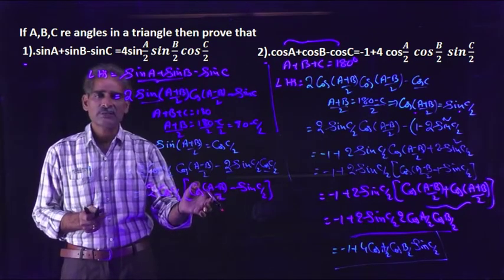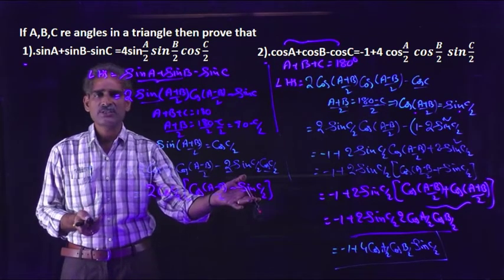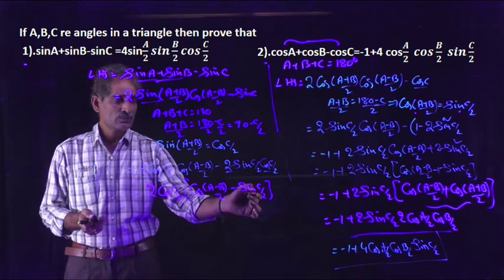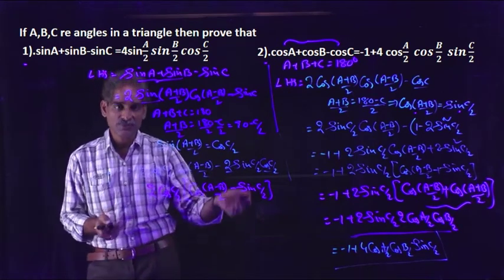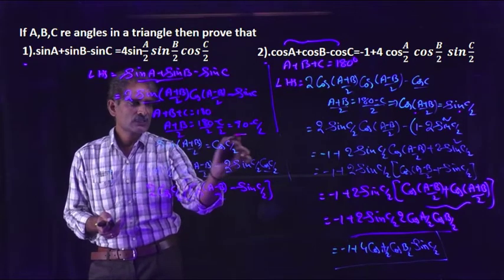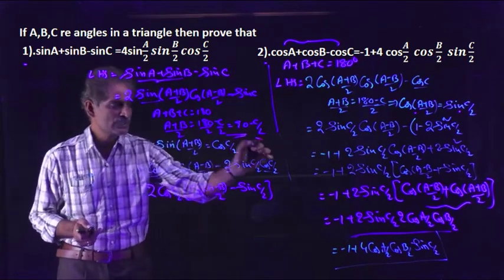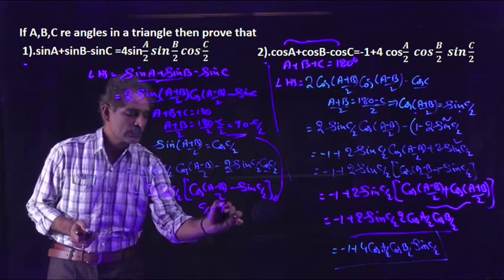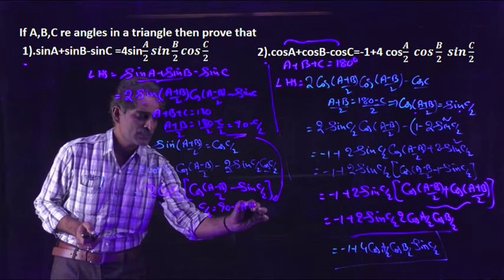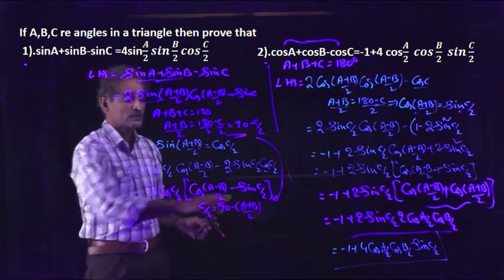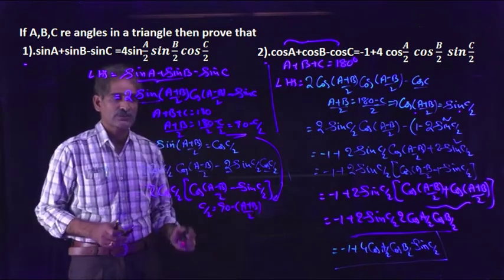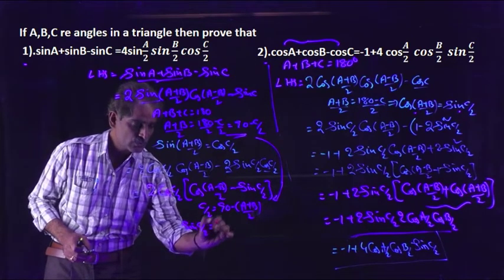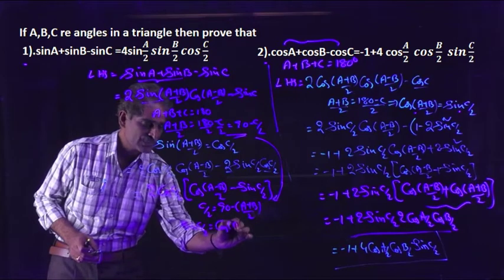So the first term contains ab. Here there is a c, and we have to convert it into ab. So already you know that c by 2, we have to find sin c by 2 in terms of ab. So from this equation, c by 2 is equal to 90 minus (a plus b) by 2. Here we have to find sin c by 2 in terms of a. Just apply sin on both sides. Then sin c by 2 is equal to sin(90 minus theta), which is cos of (a plus b) by 2.